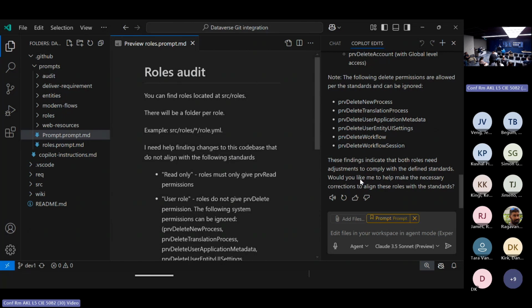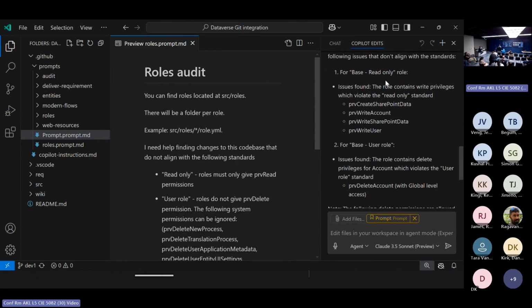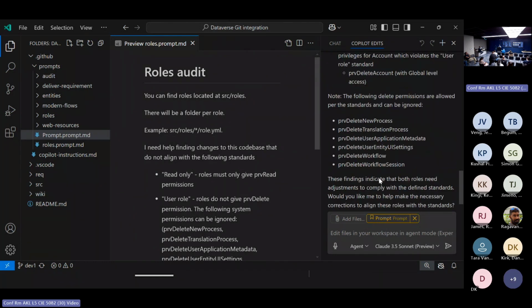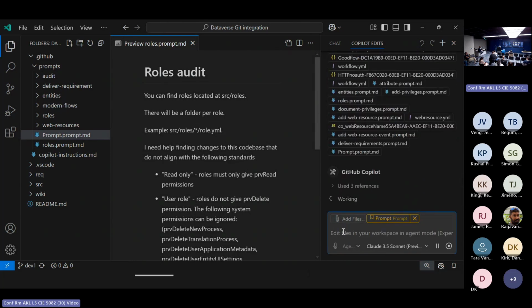And you'll see the prompt that I did, it's gone through and read and it's found some issues. It's found my read-only role gives create SharePoint and write to an array of tables. My user role has delete account, and it said, these do not align with the defined standards. Would you like me to make the corrections? Let's correct it. Fix my roles. Now,